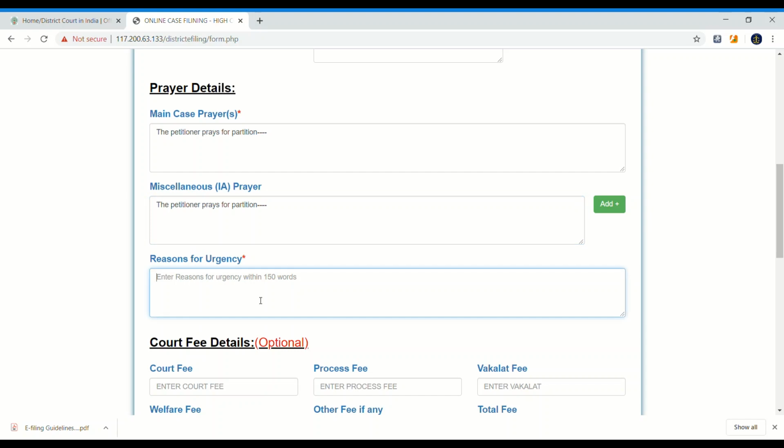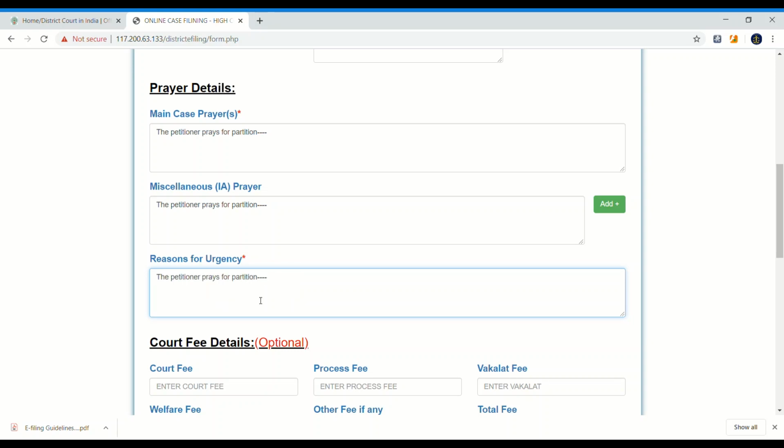Reasons for urgency. As we discussed earlier, reasons for urgency is important. So we have entered the reasons for which you are filing a case during this period, you have to enter them in the document. We are taking this as an example. We entered the same, right?